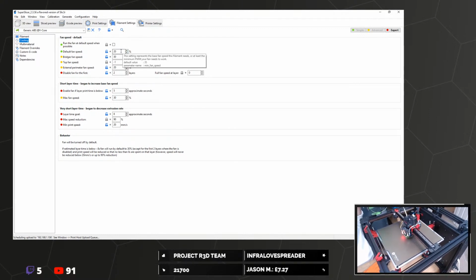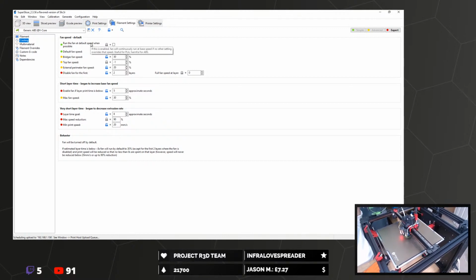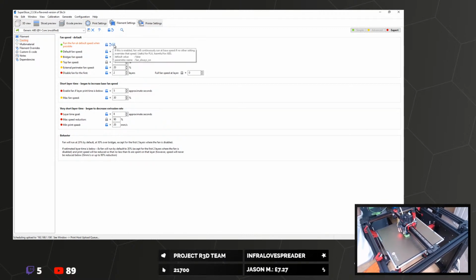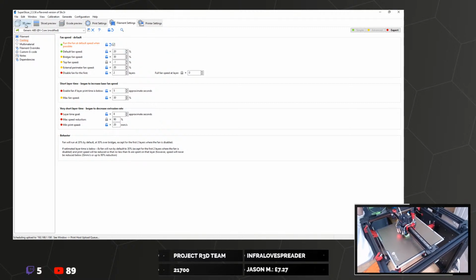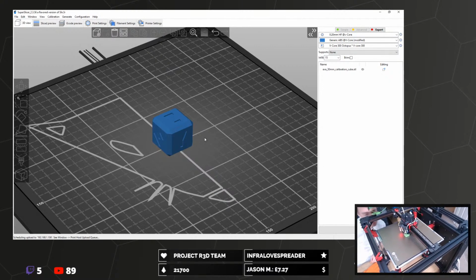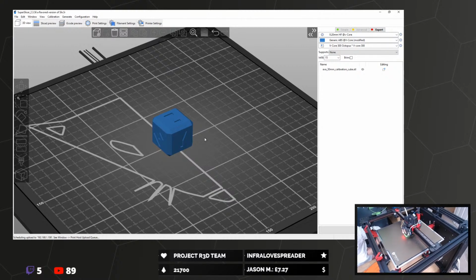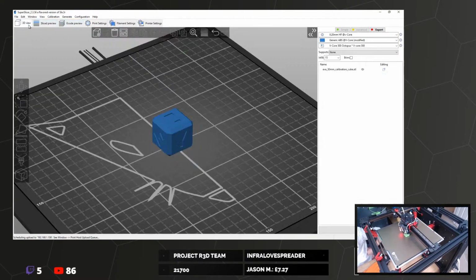Default fan speed says 20%, but it's... That, I think, needs to be on. Because there's no part cooling at all, so it's just minutiae. I mean, I've been printing both of them recently, and